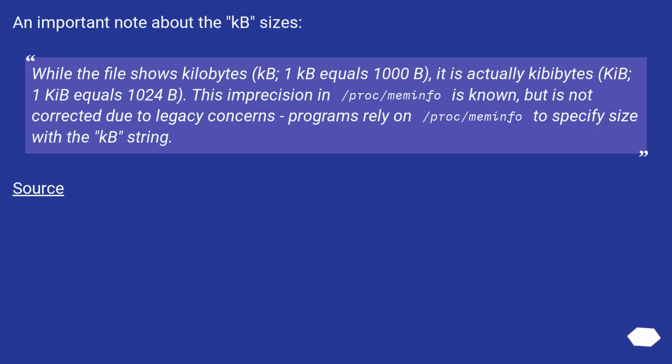An important note about the KB sizes. While the file shows kilobytes, KB, where 1 kilobyte equals 1000 B, it is actually kibibytes, KiB, where 1 KiB equals 1024 B. This imprecision in /proc/meminfo is known, but is not corrected due to legacy concerns. Programs rely on /proc/meminfo to specify size with the KB string. Source: